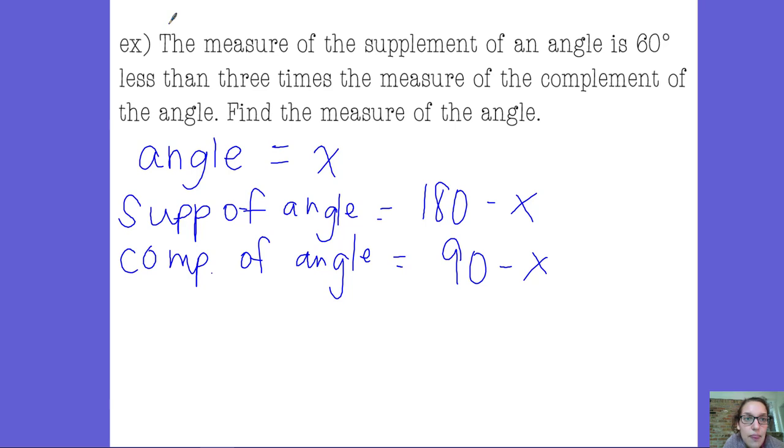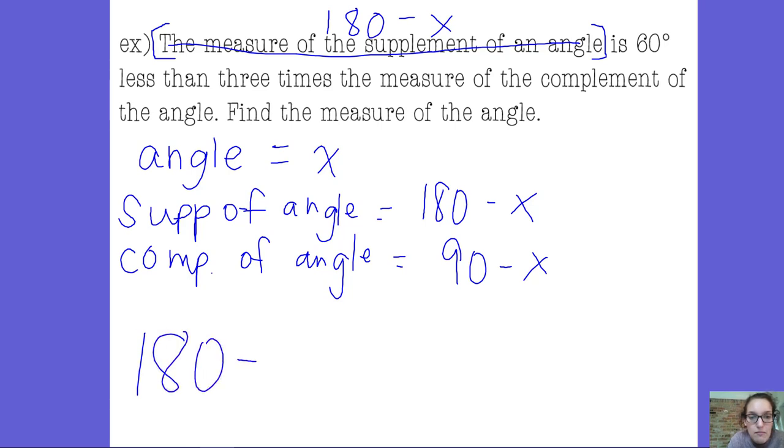Okay, so the first thing, the measure of the supplement of an angle. We can swap all of that out with 180 minus x. So that's the first thing, 180 minus x. Next word is. In a mathematical expression, is an equal sign. So 180 minus x equals